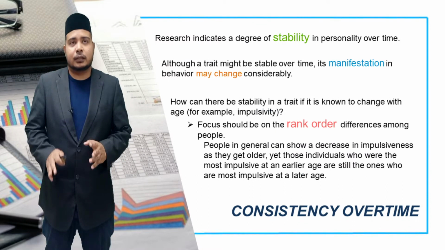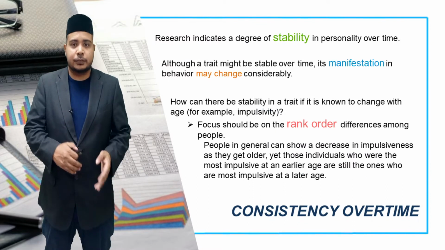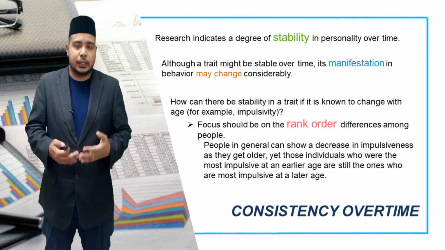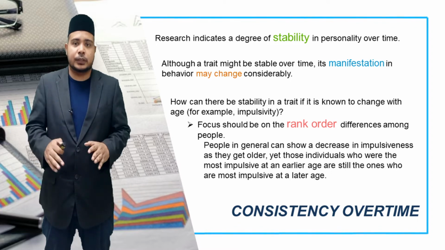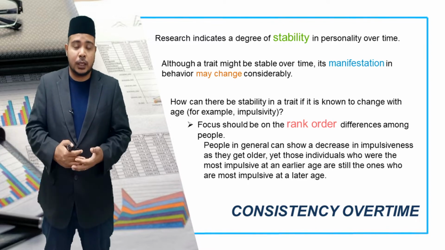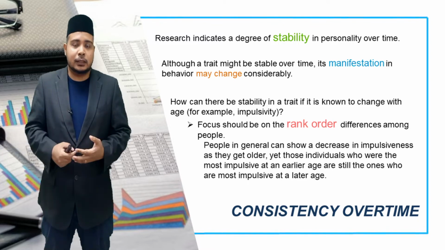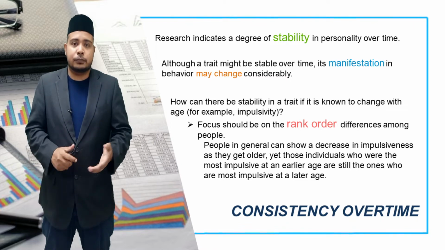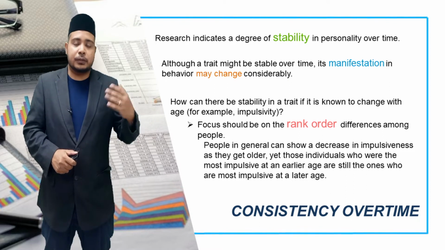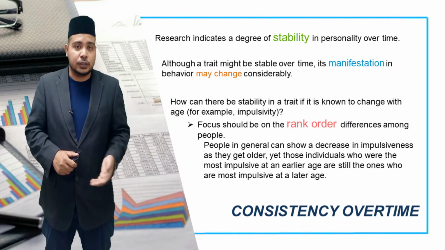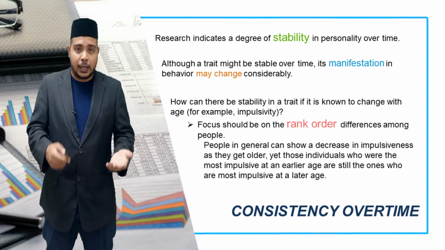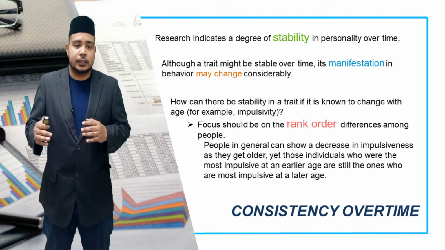Okay, the second assumption of the personality trait perspective, which can also be considered an issue in the theoretical perspective, is the assumption that our personality traits are consistent over time. We will always have a tendency to behave a certain way, feel a certain way, and think a certain way regardless of time. Say, for example, currently you are emotional, which means that in the last 2 years you were also emotional, in the last year you were also emotional, and in the last month you were also prone to be emotional. Why? Our personality traits are consistent over time.